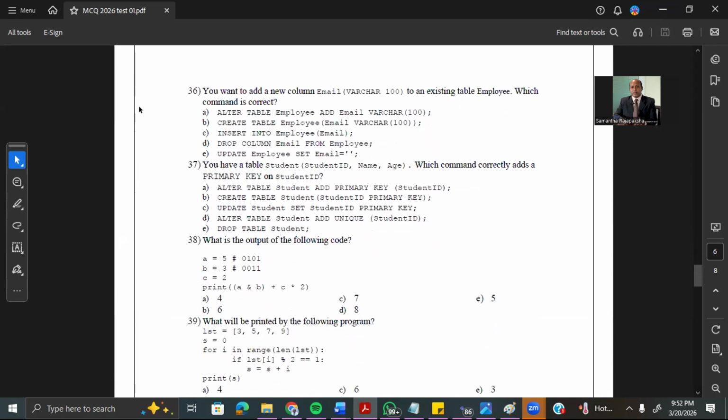Then next one, you want to add a new column email to the existing table employee. Which command is correct? Now we want to add a column actually. That is basically alter. Alter table. Table name is employee. So alter table employee. And then